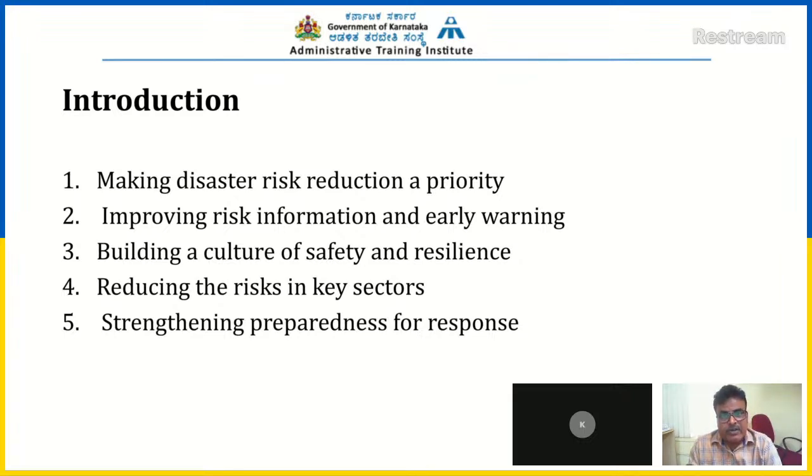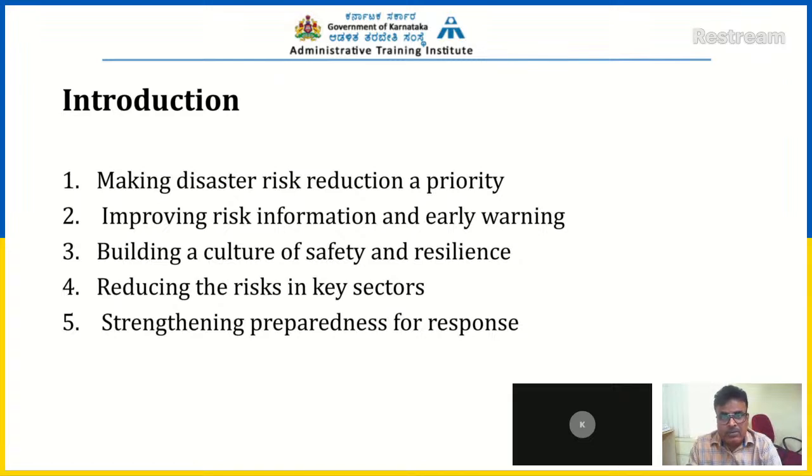Similarly, some state governments also have their own system of prediction. Like in Karnataka, we have the Karnataka State Natural Disaster Monitoring Center, which is also involved in giving early warning to the public and to government officials, so that they get prepared for the disaster well in advance.